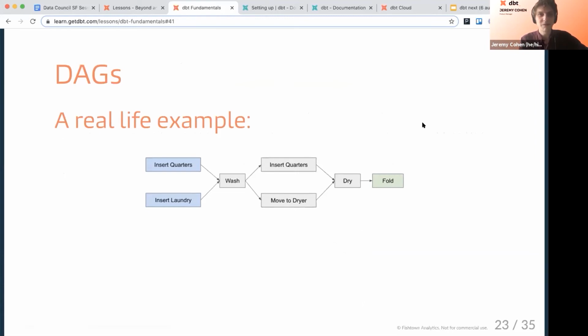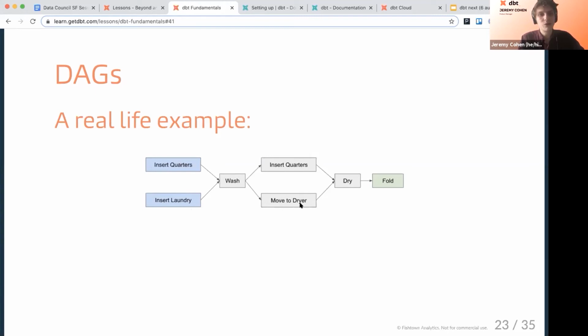So this is a kind of silly example, but when I'm doing laundry, as I do often enough, because the laundry machine is actually in my bedroom in this house, it's pretty funny. I need to not insert quarters, thankfully. I live a blessed life, but at least insert laundry into the machine before I wash it. I need to wash before I move the clothes to the dryer, move the clothes to the dryer, then fold.